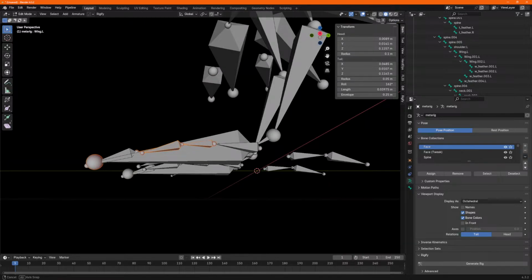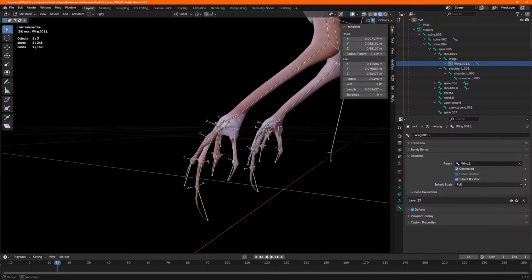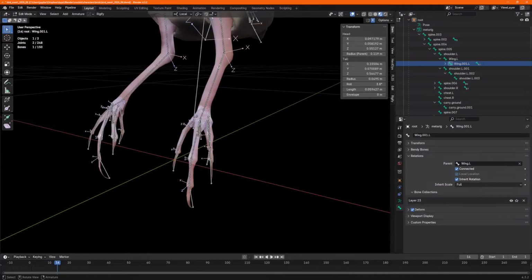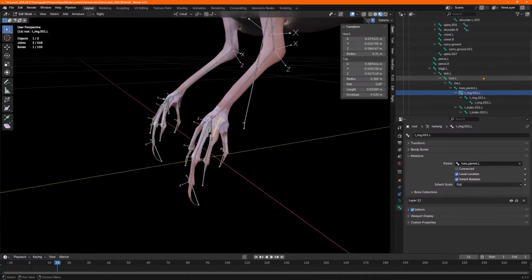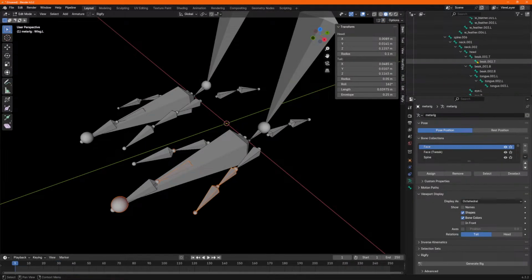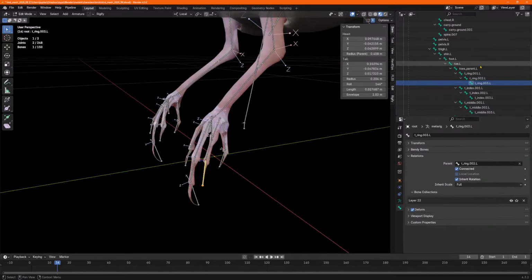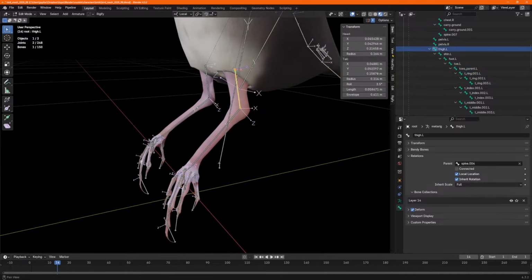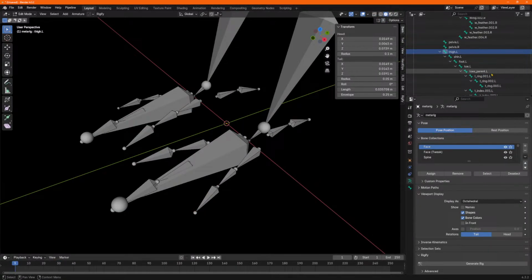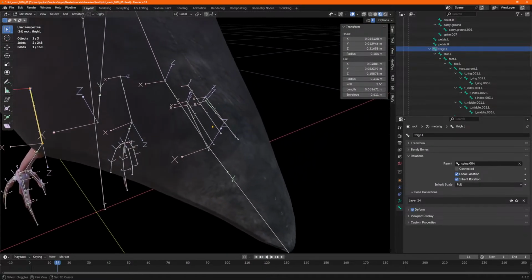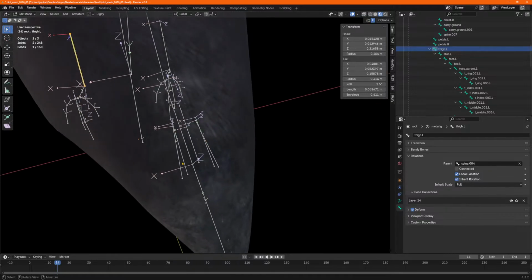Yeah, these ones are flat. I've made them sort of clamped, but I do believe the bone structure is largely the same. I have a ring 03. Yeah. So the feet are mostly the same. Thigh left, thigh left. So those look the same. And the tail. So I've got some extra bones here for,